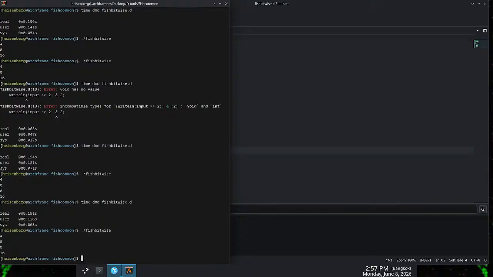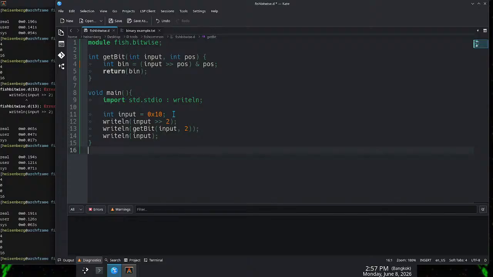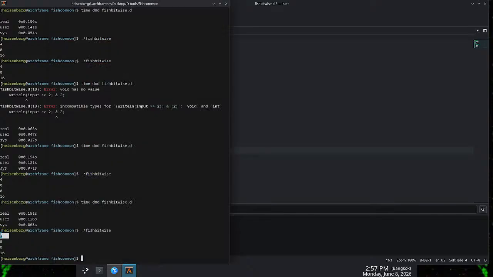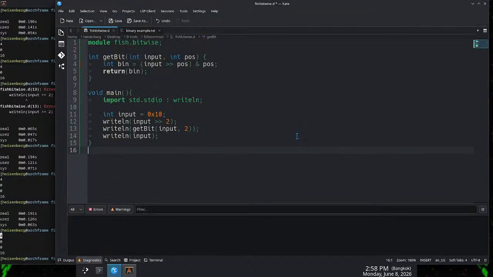But we should have... Well, shifting it sets the value of input, or no? No, wait, the reason you need a shift position, right? So when you do a shift position, that gives you the value 4, right? Which is to say that we've shifted it. And then we're going to test that. So like if we take input, we're going to shift it by position. For example, if we shift it by 2, for example,